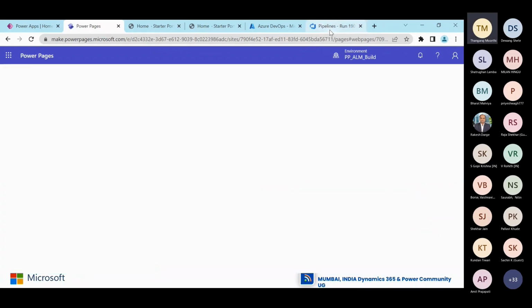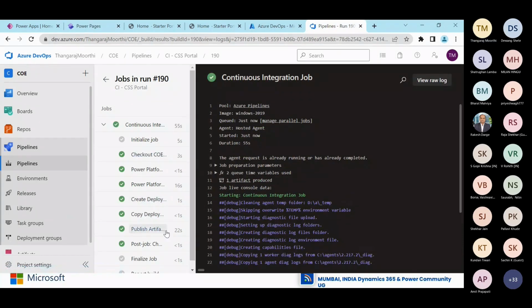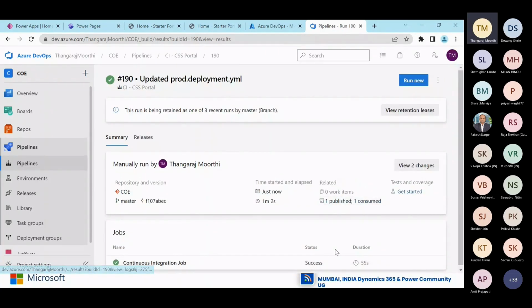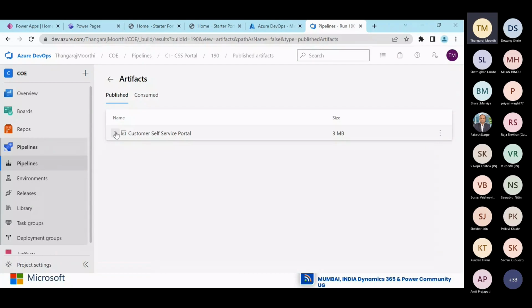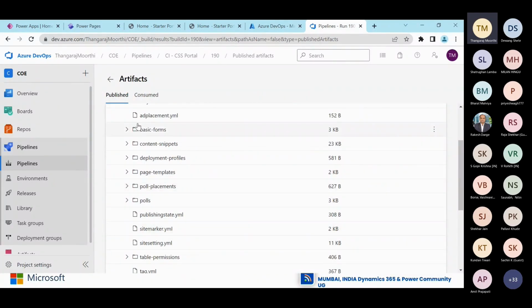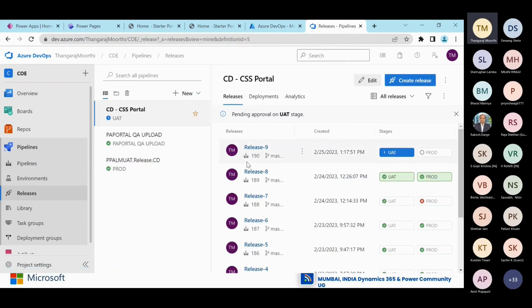In the meantime, we'll go to the pipeline. Yeah, so it started executing all the tasks. Finally, you will end up with the success message and all your artifacts published into the repository, with the latest one. So the moment this continuous deployment pipeline completes, you'll see release 9, which is created now, which is nothing but a continuous deployment job, where it is asking me to approve,